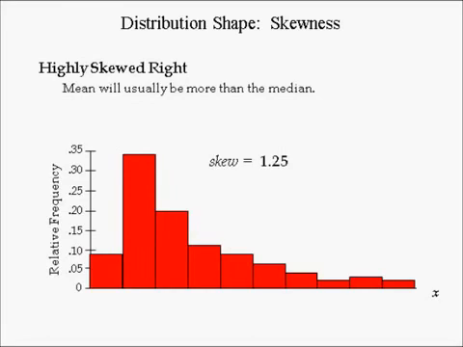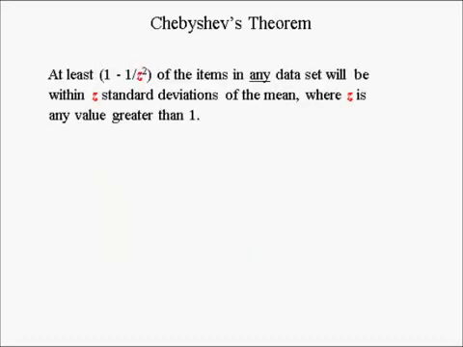If the distribution is heavily skewed left, the histogram from a sample drawn from the population will likely be highly skewed left too. The mean will be less than the median, and the sample skew will be less than -1. Chebyshev's theorem can tell you what the relative frequencies are